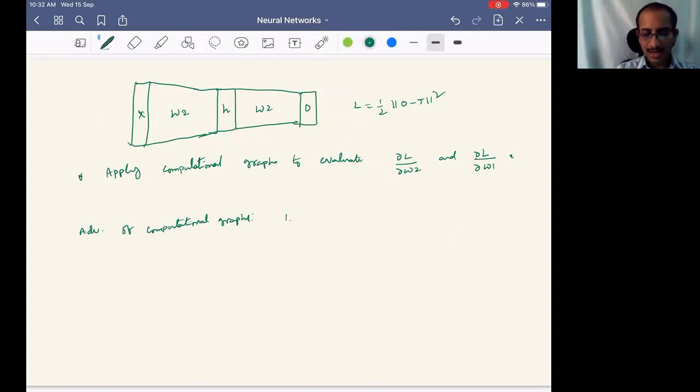Fine, sir. Yeah. So one advantage is using local derivatives, we compute the global derivative. Okay, second thing is,